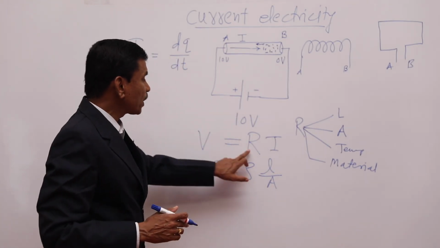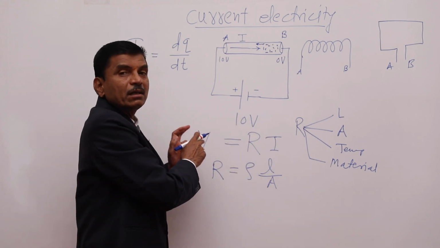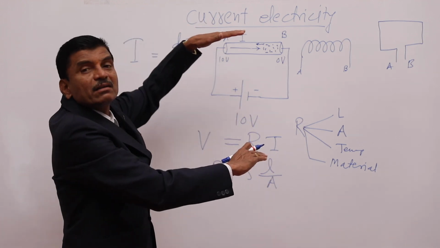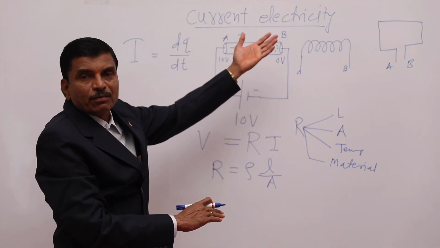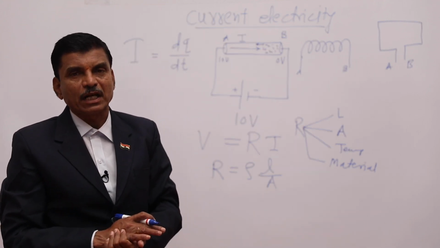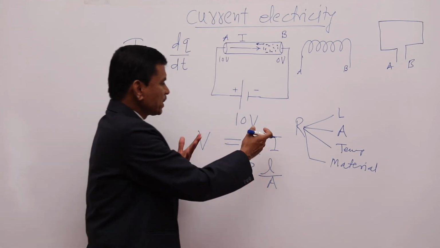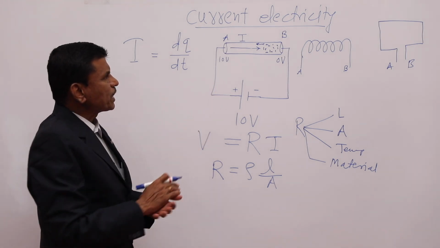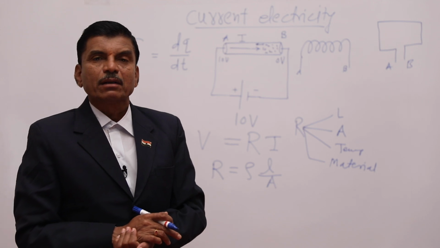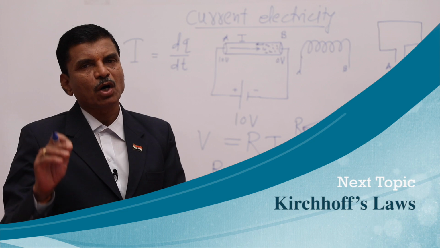What is the first formula for resistance? R will be equal to V upon I. What is V? Potential difference. What is potential difference? That which the battery is giving. When the battery is connected to two terminals of the conductor, it is giving potential difference. Actually, the battery is supplying energy. And I is current. It is measured in ampere. So all these quantities we have studied in 11th standard. And now we will study the first article from 12th standard, that is Kirchhoff's laws for electricity.